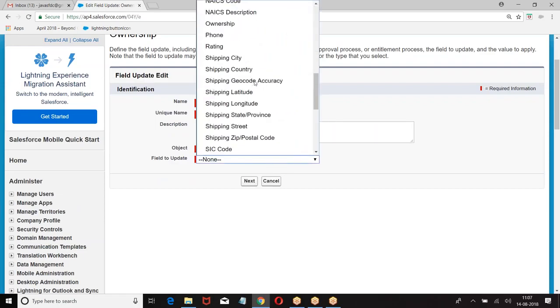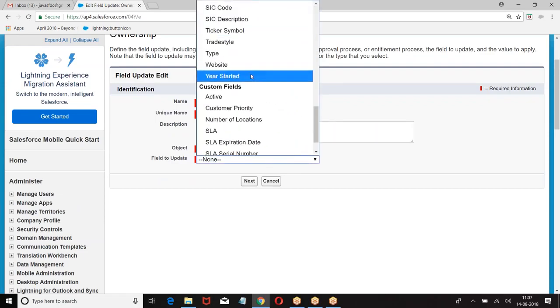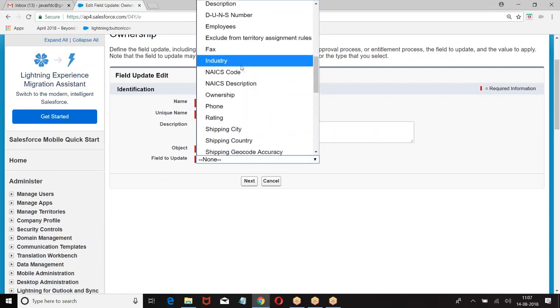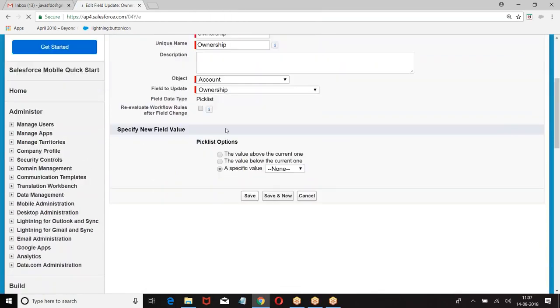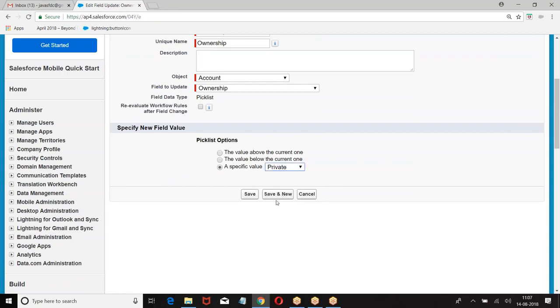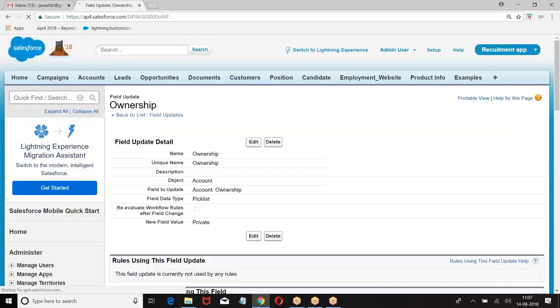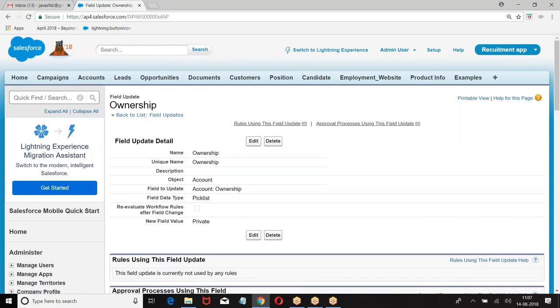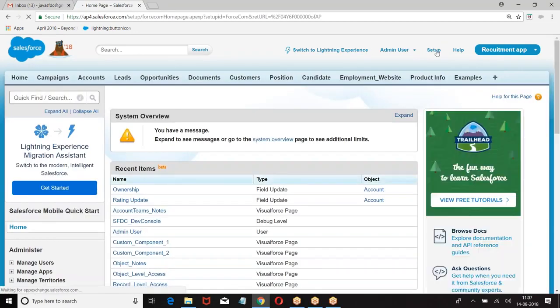Ownership. Ownership is modified. Like this, we have created some field update actions. These actions need to be added to what? Workflow rule.